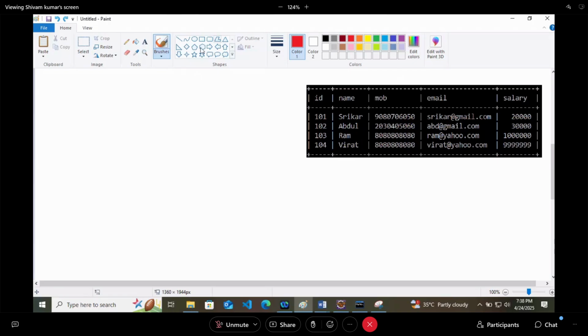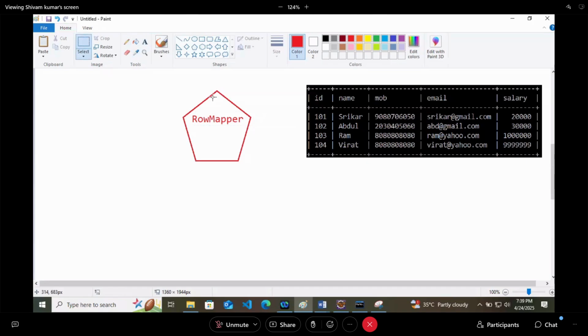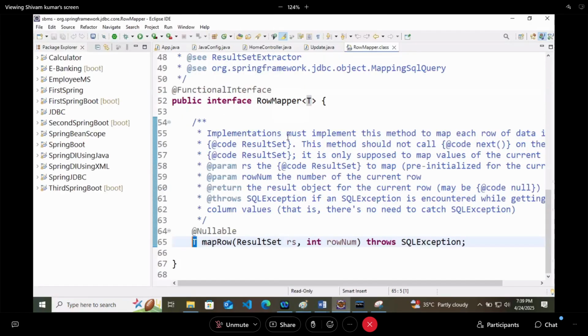Now we can't hold this data. So in between, we have something called RowMapper. What this RowMapper will do, as it is an interface, we can see that RowMapper is an interface.